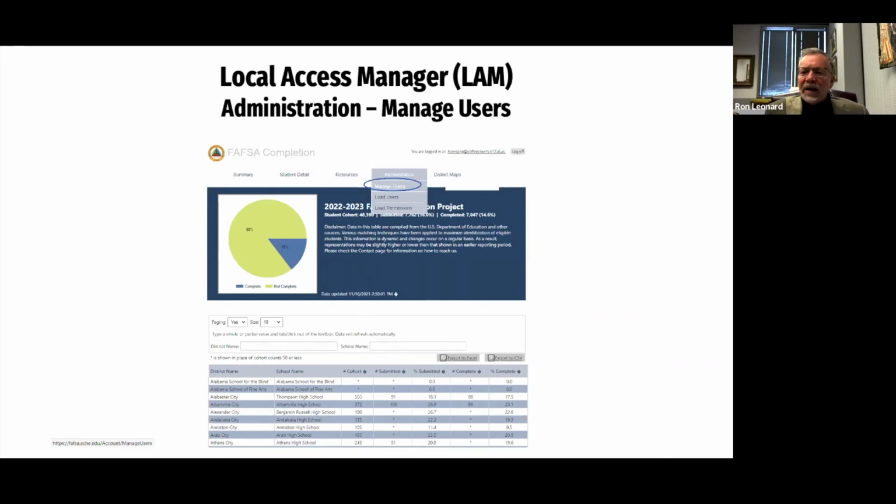The local access managers can see all the students' data, all the students in all the schools in the district, and then they can add and delete accounts as needed. Remember, they will have that extra link across the top when they log in, that administration link. And when they click on it, one of the options is manage users.